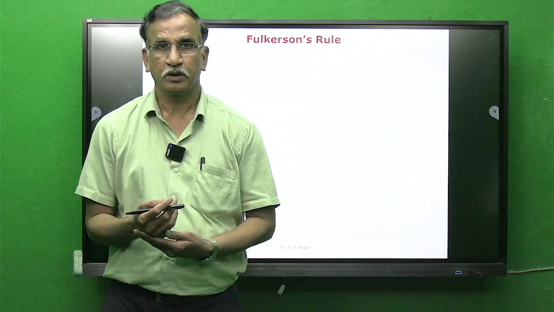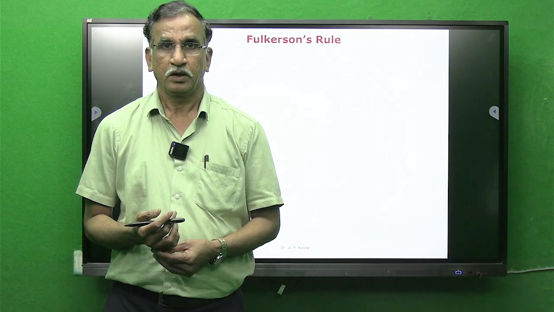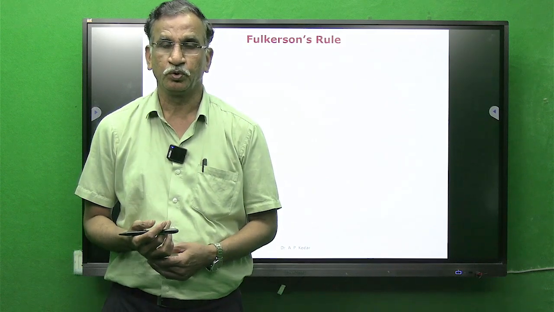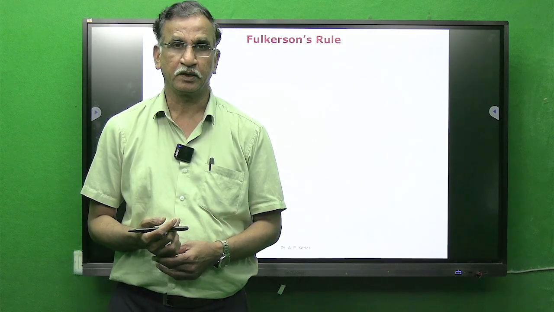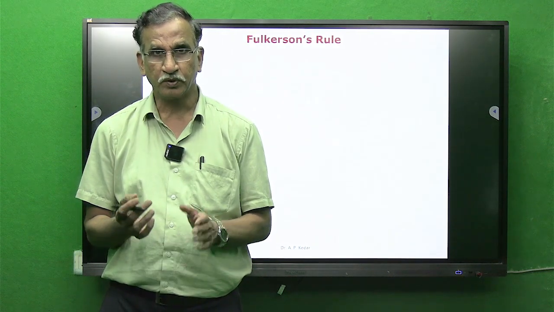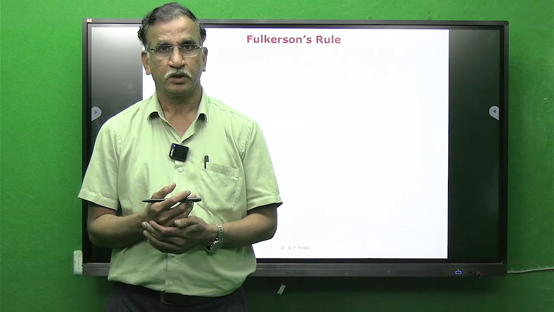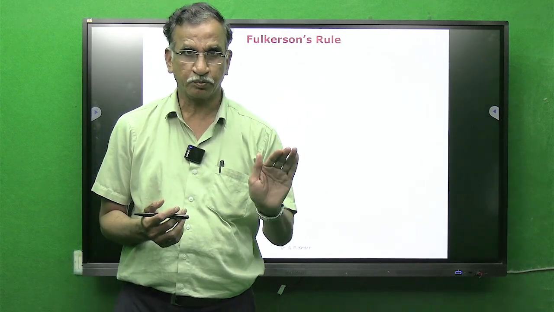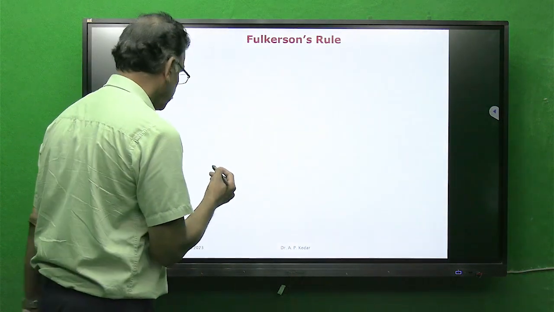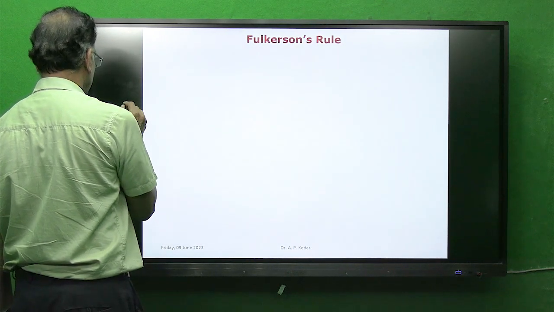Students, in the previous lecture, we have seen the concept of Fulkerson's rule in network management. In Fulkerson's rule, what we are going to do is we number the events as per logic from left to right and top to bottom. If you recall my previous lecture, in that what I did is